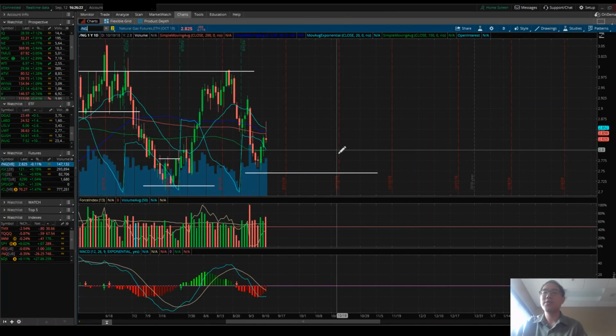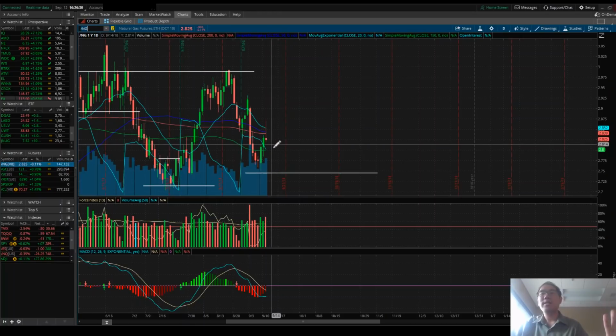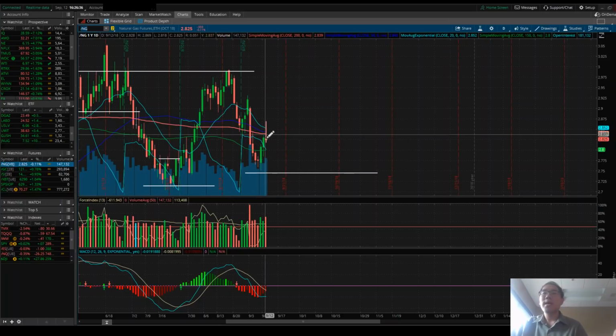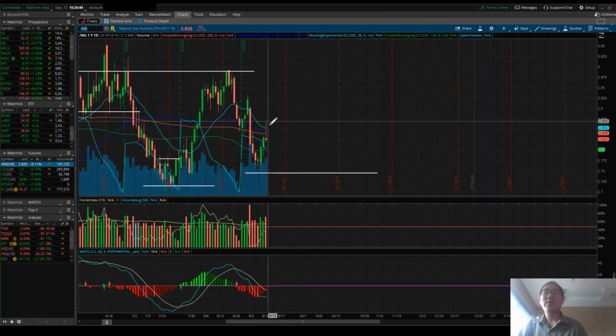/NG or natural gas futures. This was something, wow, this is incredible, because I talked about this yesterday again. I said that natural gas was on a reversal back to the upside. However, what I really want to see is a double bottom. And you guys can see that we tried to push higher. Today, what did we do? We formed a reversal candle back to the downside. So in my opinion, I would expect more downside coming for natural gas, at least in the short term, before